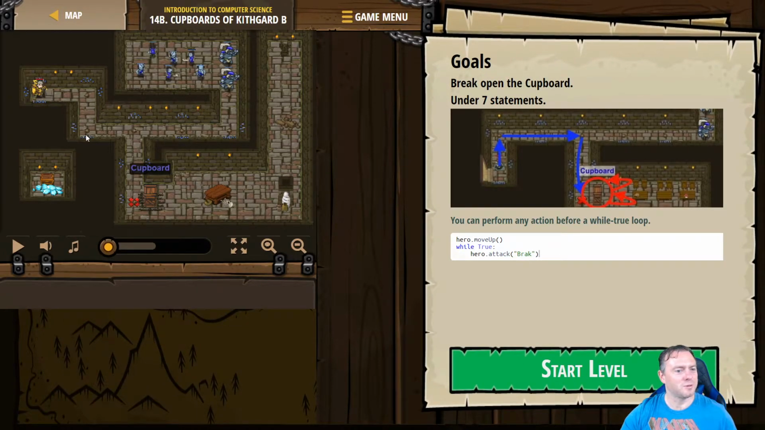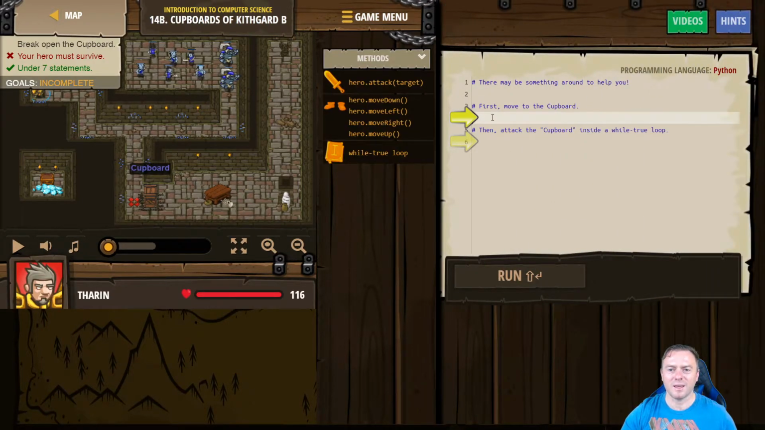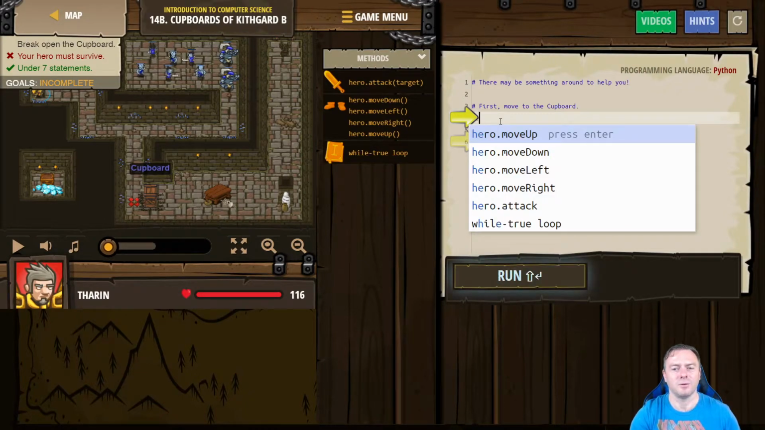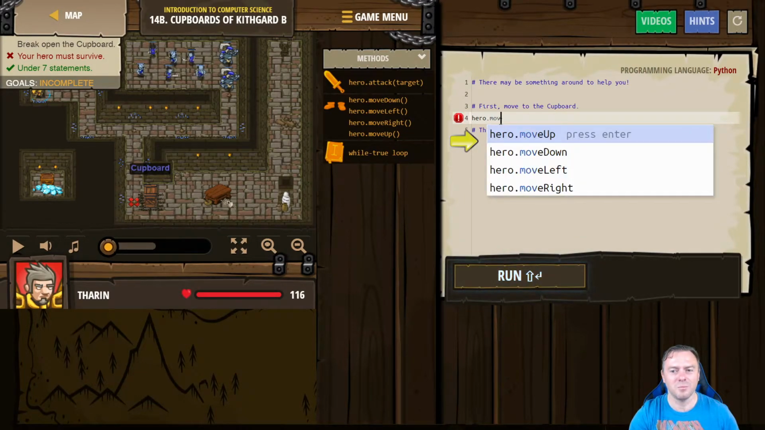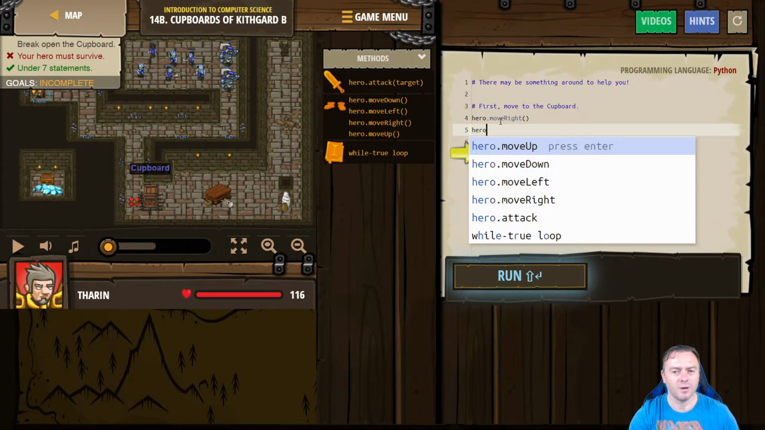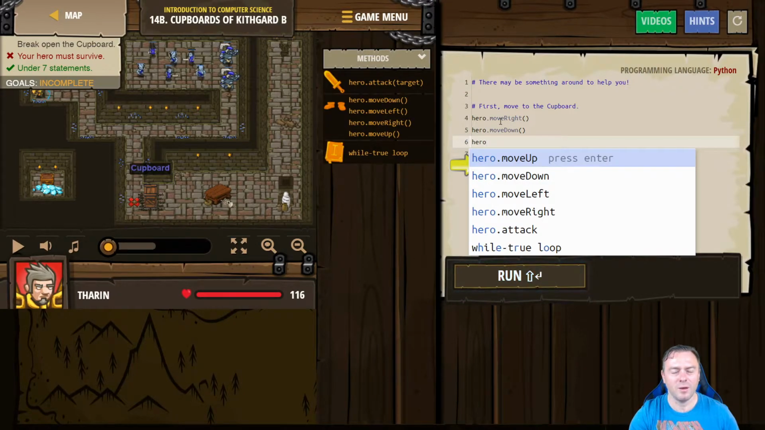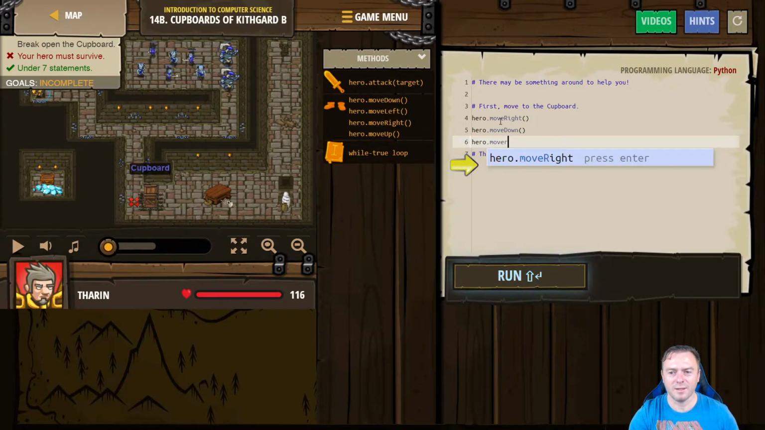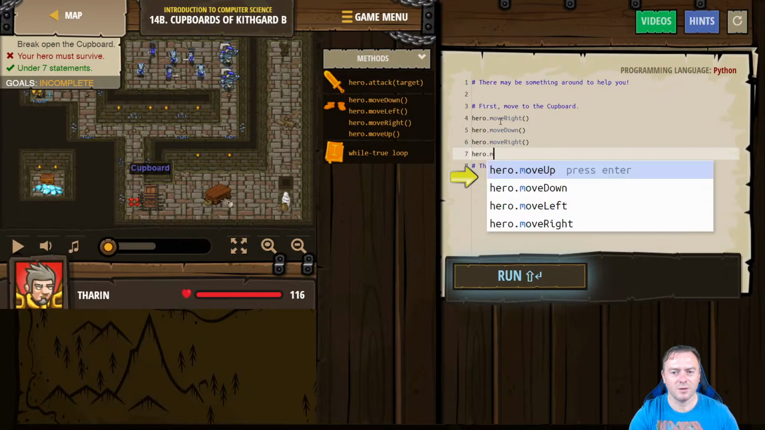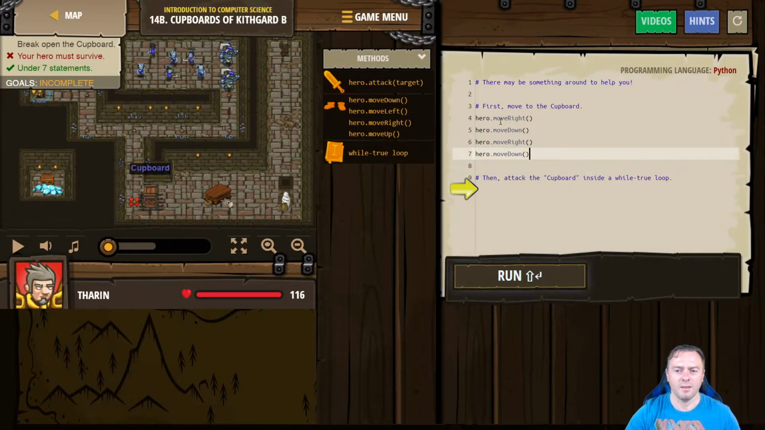So we're going to go 1 across, 1 down, 1 across, and then 2 down. And then we're just going to attack the cupboard like what we did before. So the whole point of this is that you can move to the cupboard first, and then we can go into our little loop. So we're going to go hero.move right, then we're going to go hero.move down, then we're going to do hero.move right again, and then lastly hero.move down, and then this one we're going to actually go